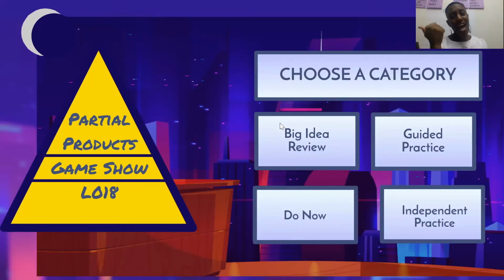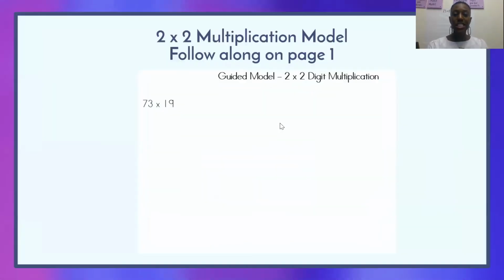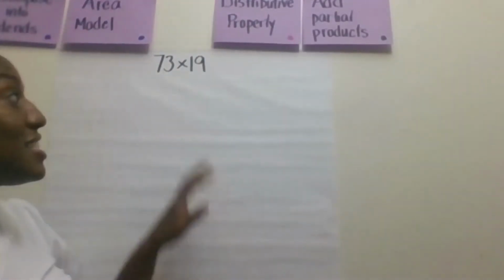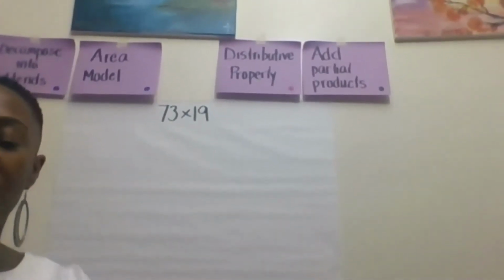So now we're going to head over to the guided practice where we're going to solve this example. Let's head to door 6. You can follow along on page 1 of your packet, where our guided model example today is 73 times 19. Time for me to put it on the big screen. So let's look. 73 times 19, and we have our steps, of course, that are going to help us jog